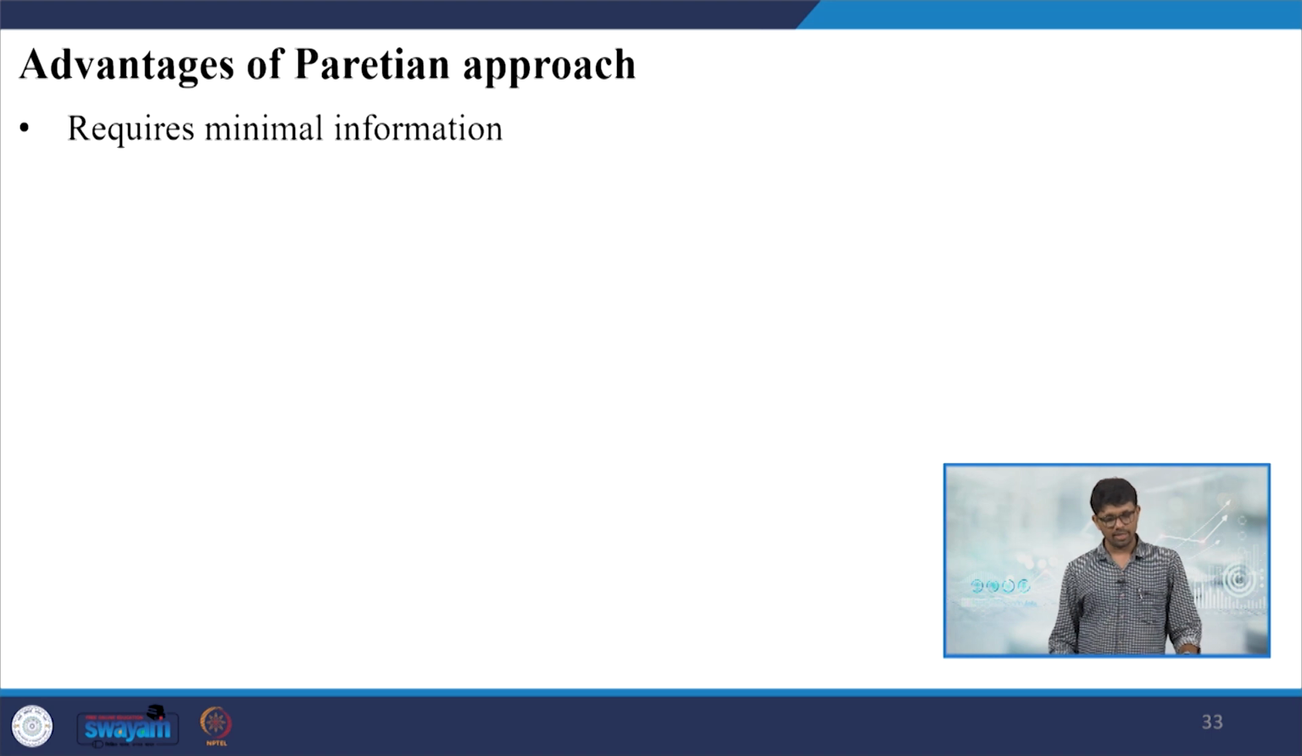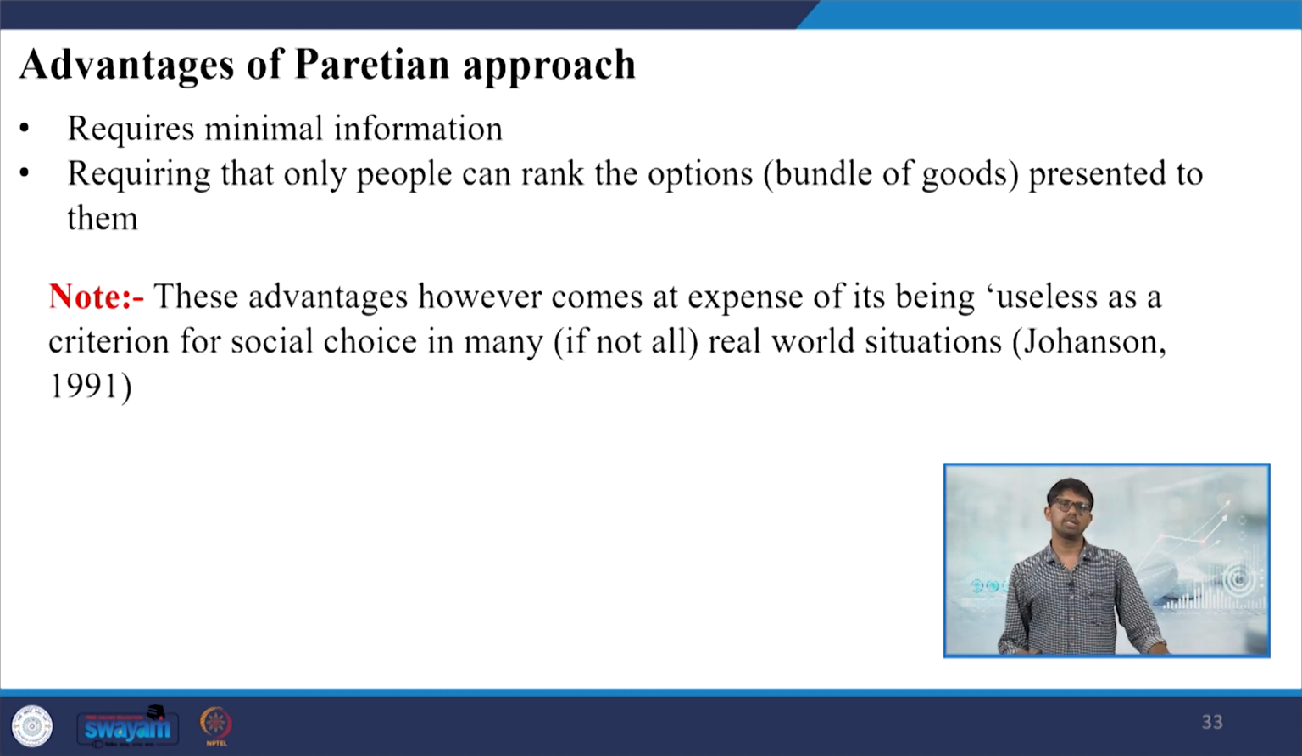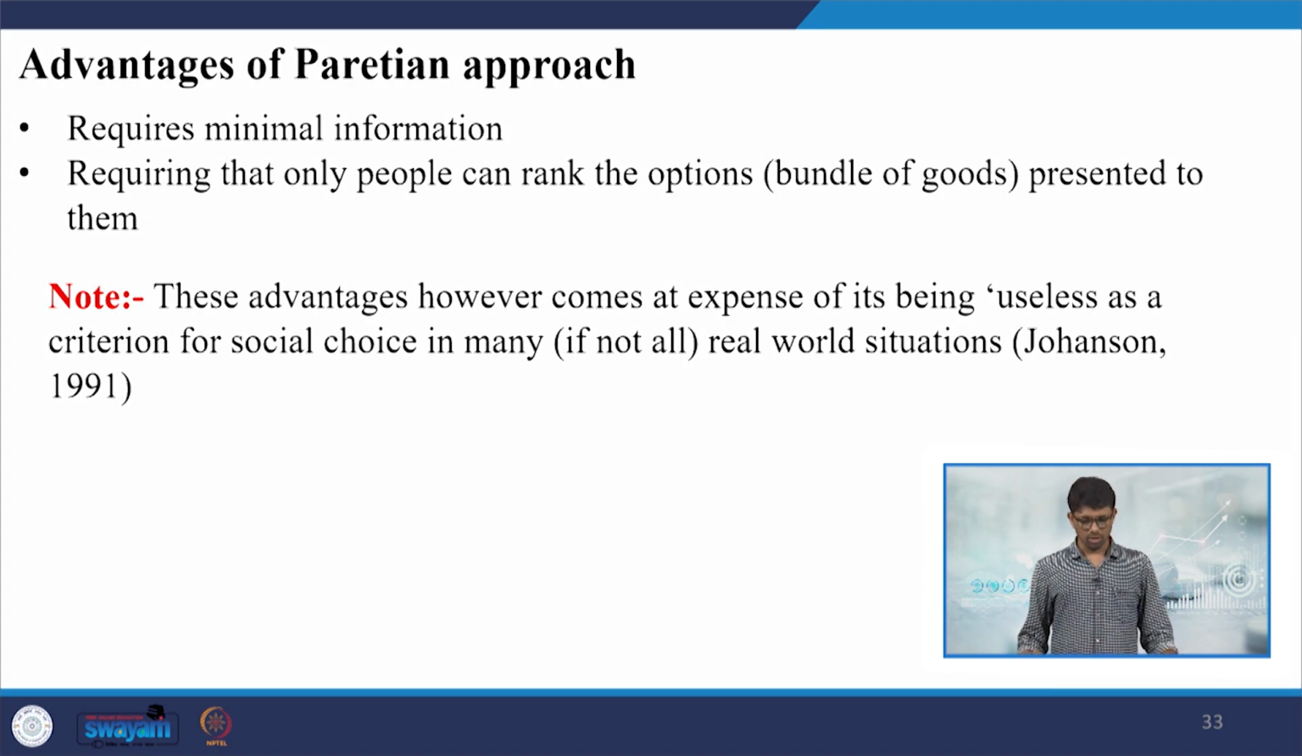So, what are the advantages of Paretian approaches? It basically requires minimal information. It requires only that people can rank the options, that is, bundles of goods presented to them. These advantages however come at the expense of its being useless as a criterion for social choice in many, if not all, real